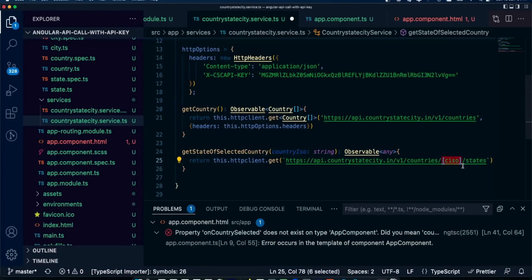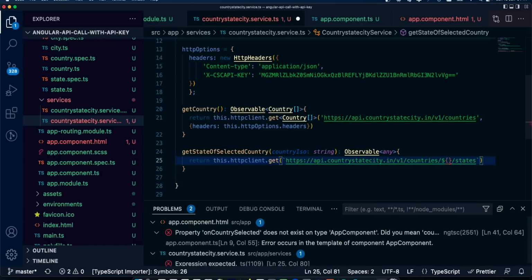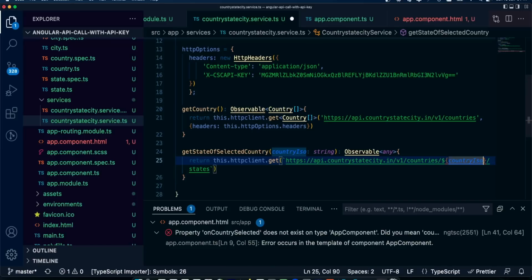Whenever this service is called, it's going to pick the value, the ISO of the selected country, and then pass it into here. We're going to pass it to the URL and it's going to fetch the state. And then again, as usual, we're going to pass the header with the API key in it. I'm just going to copy this, paste it here.